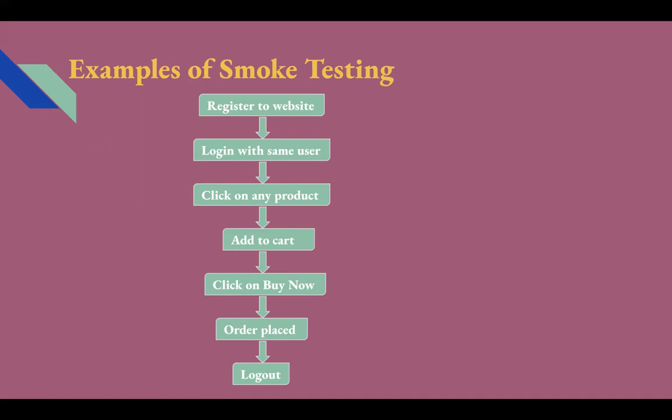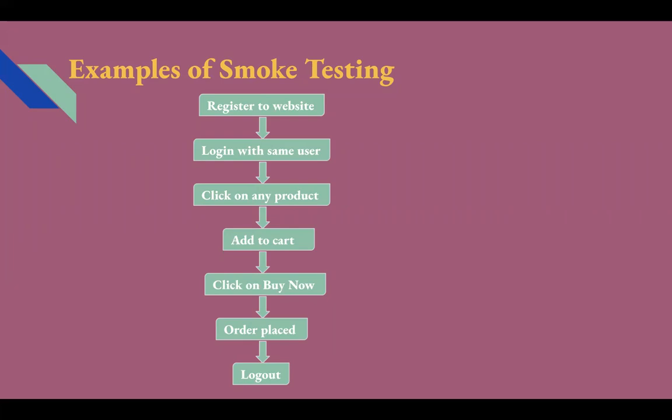For example, the developer has added a new feature in payment. Earlier, only cash on delivery was supported. Now, the user can do payment using debit card or through net banking. After adding that feature in the code, the developer generates the build and assigns it to the tester for testing. The tester will perform the smoke test to check whether the basic functionality of placing an order is working fine or not, or whether it is impacted due to the new feature.